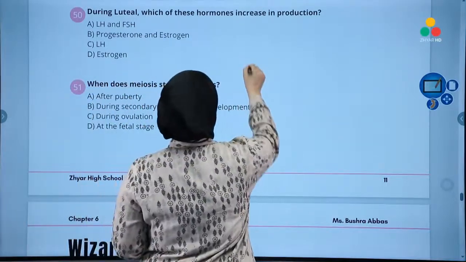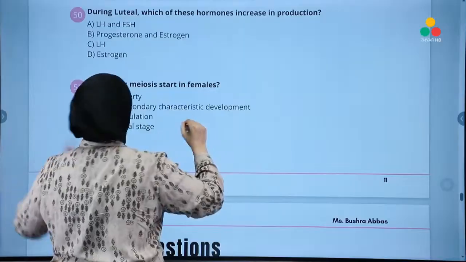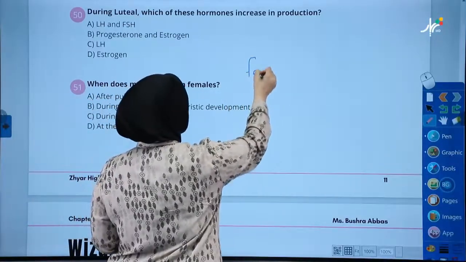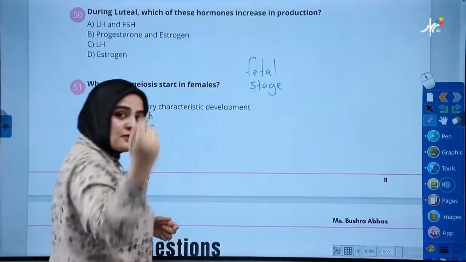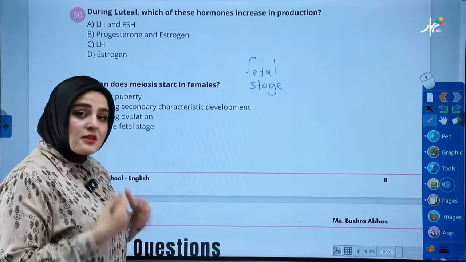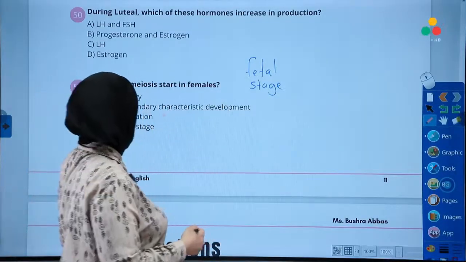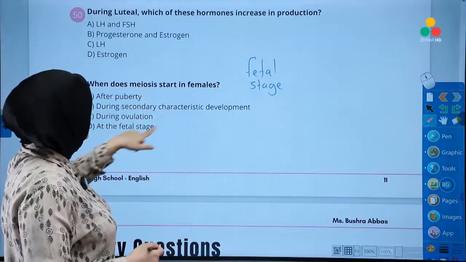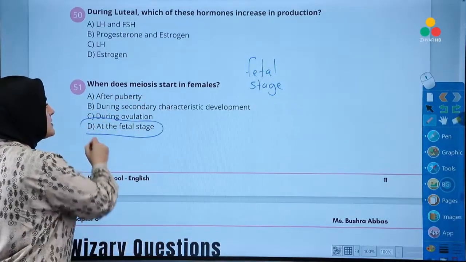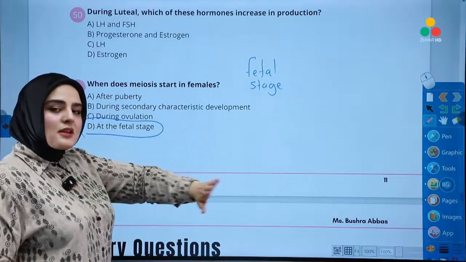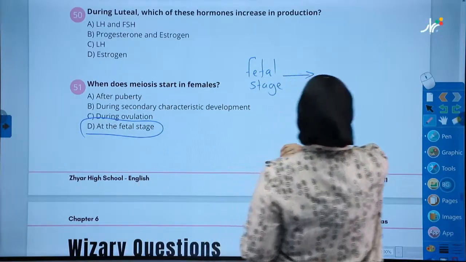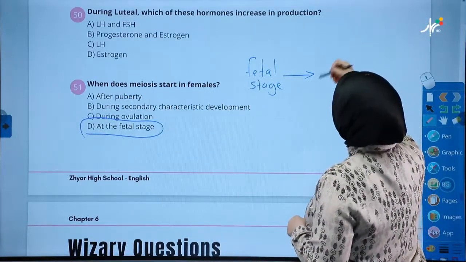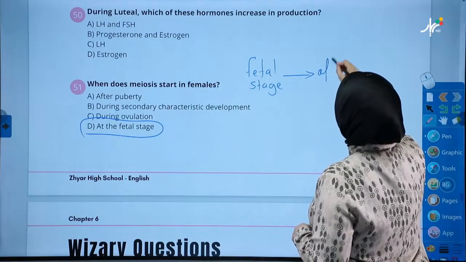We have what? The fetal stage of female. That means the female is in the mom's womb and meiosis starts, okay? The start of meiosis is in fetal stage, okay? So here, actually, I got the answer, but I'm not concerned about that. Let's discover how meiosis is working entirely. Fetal stage, and then we have puberty, after puberty,